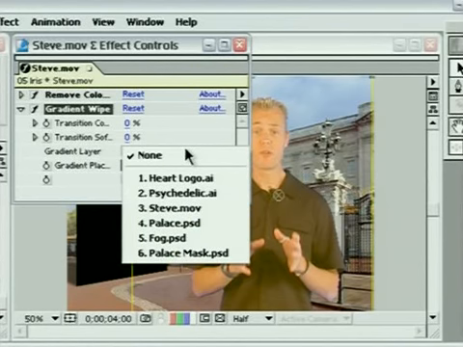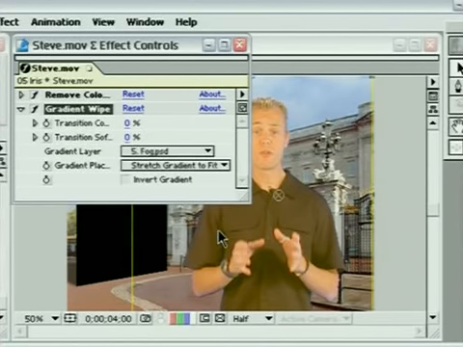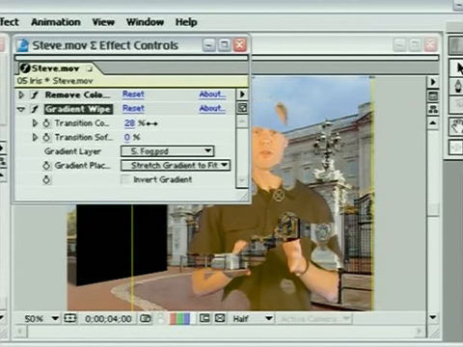What it allows me to do is choose any other layer inside my composition. It could even be the movie of me myself, but I'm going to go down and choose fog. What that will do is use the grayscale levels of the fog layer to mask out certain parts of this image unevenly. So just take the transition completion, click and drag, and you'll see as I do,